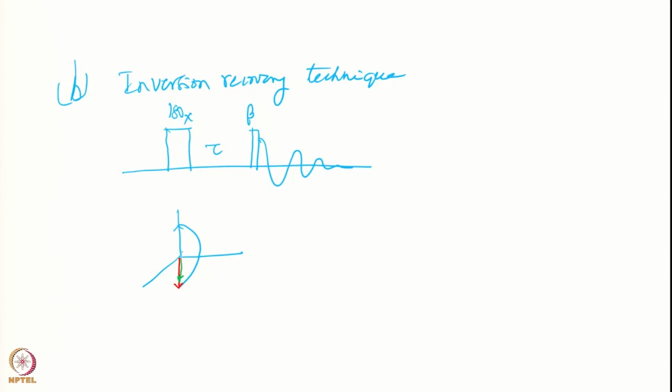Now, both these will try to recover back to equilibrium. Suppose my red is water and the green one is my sample. In that situation what I will do is, I will adjust tau such that water has come here because it is recovering. As it is recovering, water has come here at the 0 point, but the green one has come here. Which means they have different relaxation times, the water and the sample,